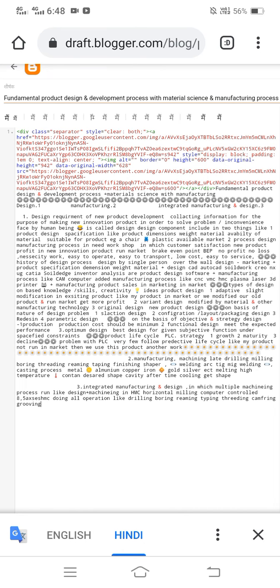Optimum designs are the best design for a given objective function under specified constraints. Next, product life cycle, PLC, in which strategy number 1, growth of any product